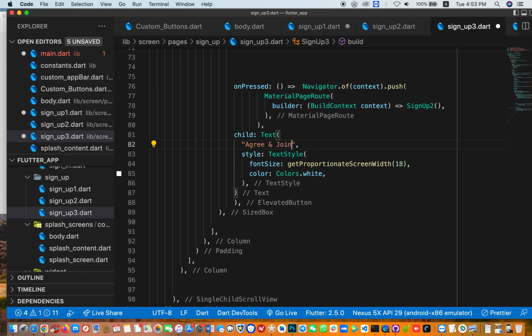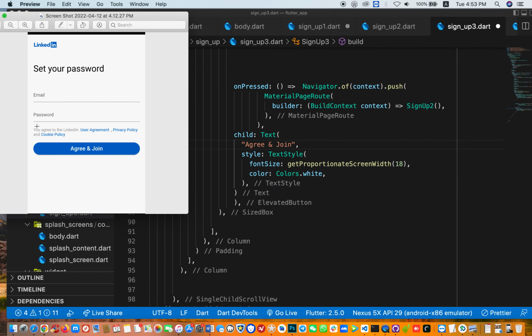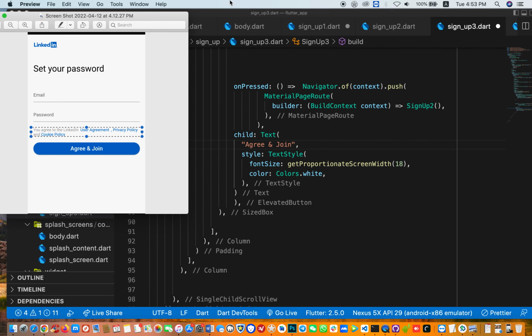So we have agree and join for this one, but page three is special. We're gonna have this side added to it, which is not in the rest of the ones here, except that they are